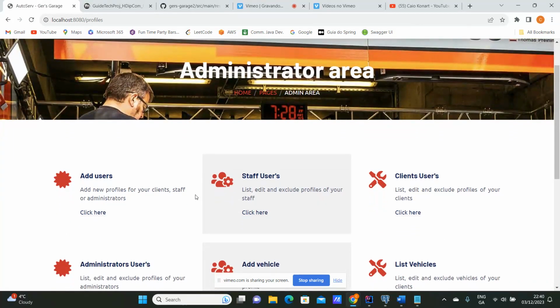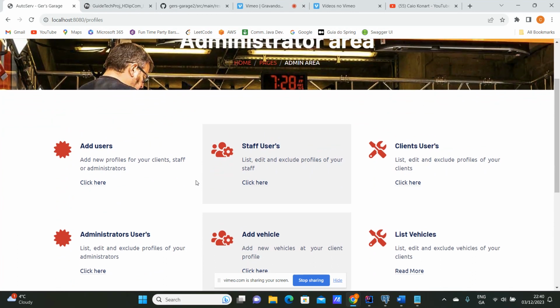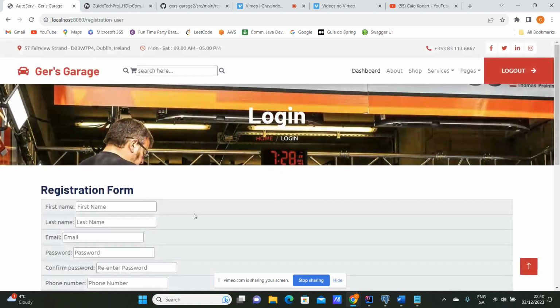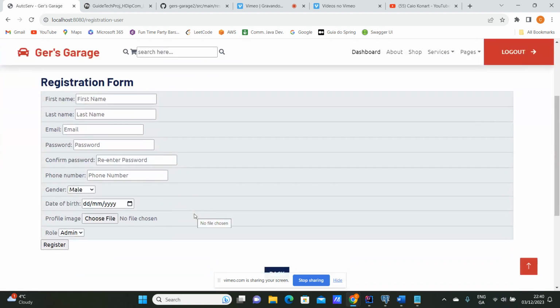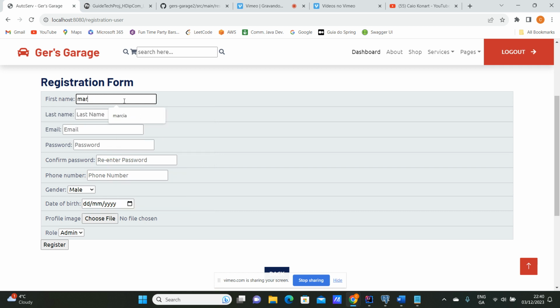So as you can see here, this is our staff, our menu. The administrator could add a user. This is the same register form that you will see on the login page. The only difference, of course, is that the client could not select what role he would have in this company. But for example,